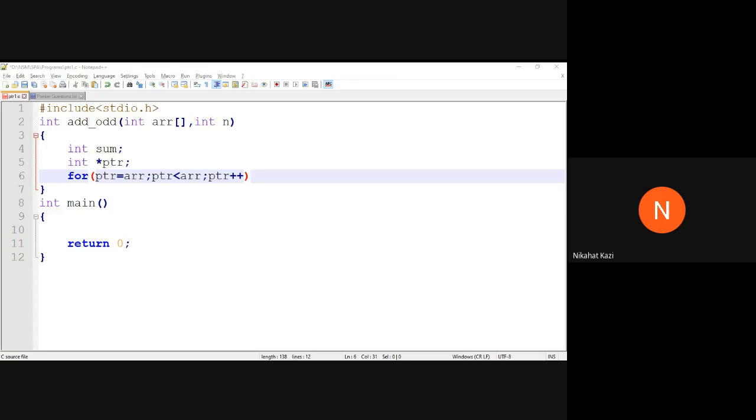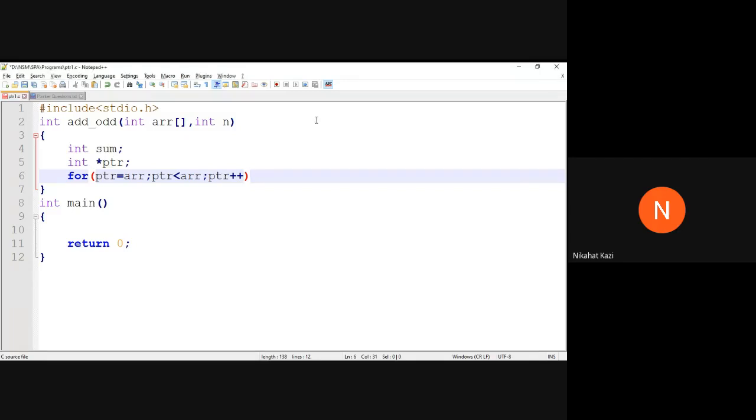Size of array. The size of array will give you what? It will give you the size of the array in bytes. That is not what you want. Exactly. Vinayak is right. It should be array plus n, because if you recollect, if you add some number to an address, that will add that many memory locations to that address, right? If you are at some address, what is ARR? It is address of ARR of 0.